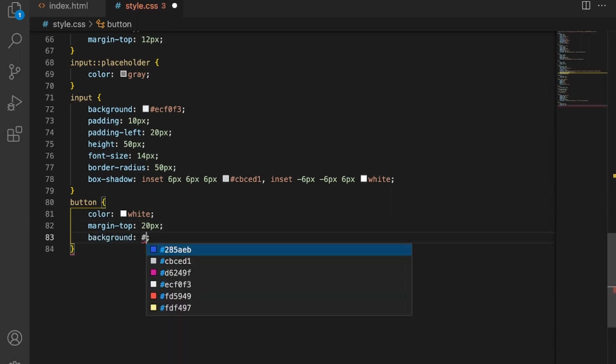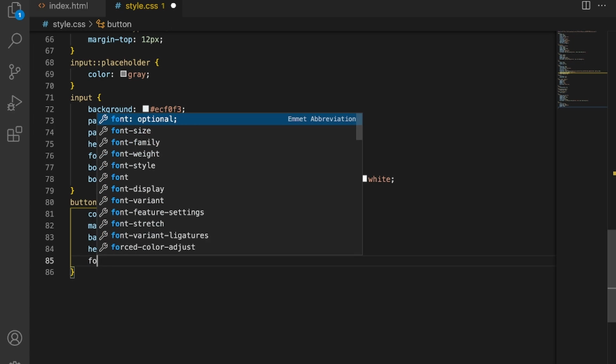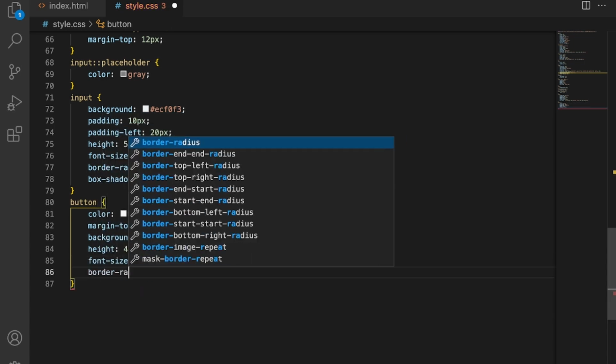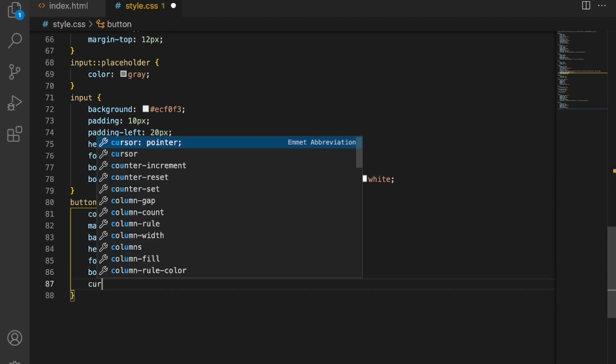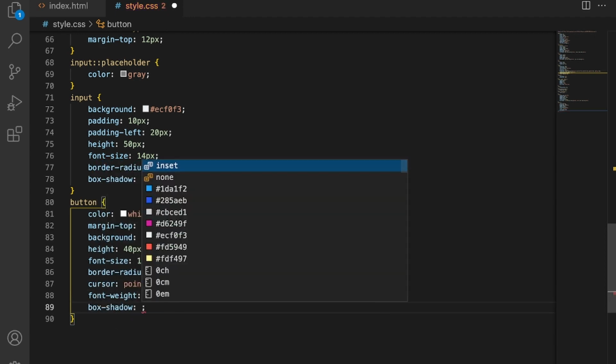So here I will write #1DA1F2 and now give some height 40 pixel and also change the font-size 15 pixel, border-radius 20 pixel and cursor pointer. Also change the font-weight 900 and now the main property box-shadow, and here I will